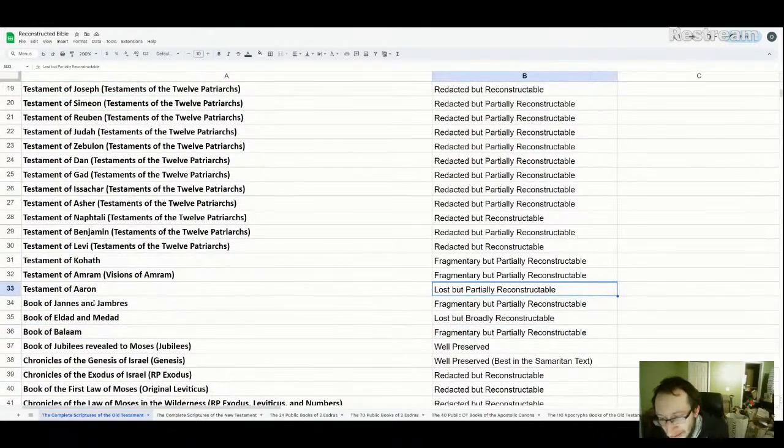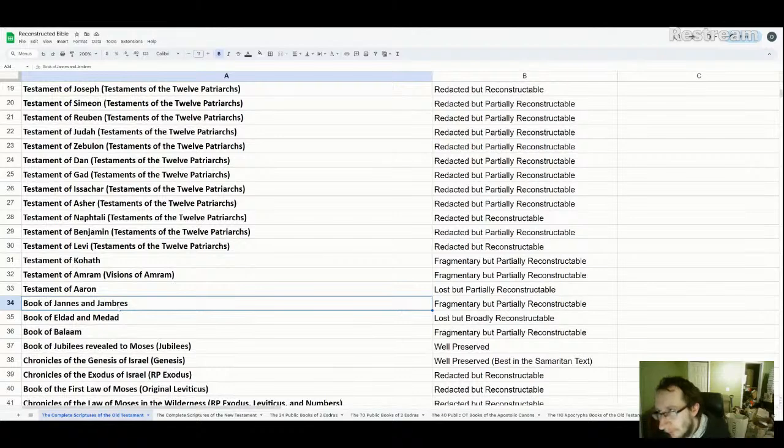Then we have Book of Genesis and Yambre, and we have fragments of it, so that helps us to reconstruct that book because we actually have fragments of it. And supporting Genesis and Yambre being authentic is that Paul seems to refer to it as authentic when he mentions them by name in the New Testament. The Old Testament doesn't mention the name of the two magicians that fought against Moses, but Paul says their names. And nowhere else do we get their names except from the book of Genesis and Yambre.